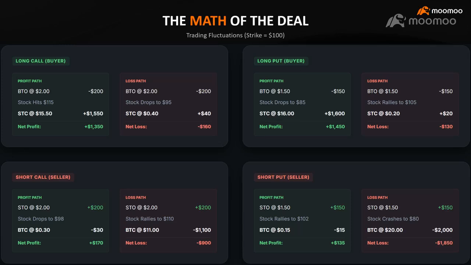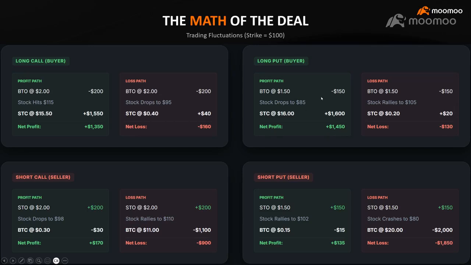So we are expecting the price to go down, because in general, if the underlying price goes down, the premium price goes up. And you are a buyer, you want to buy low, sell high. So you buy to open the option position at $1.50. The stock price, really lucky, drops to $85. Then the put option increases in value, say to $16. How much profit can you make? 1,450. So you can sell to close to make this money without any exercise.